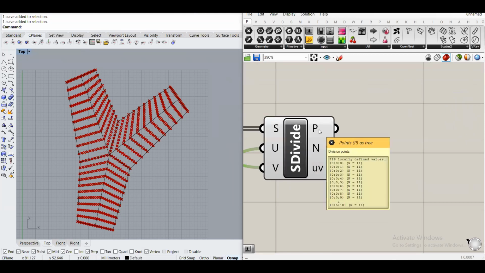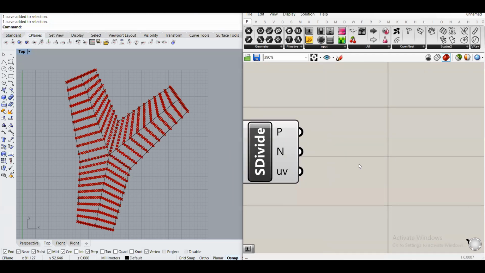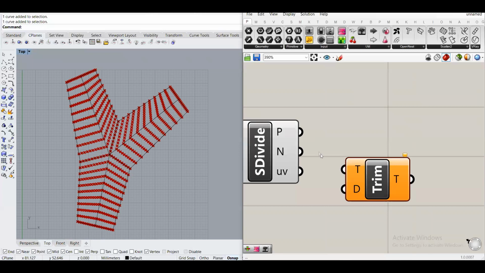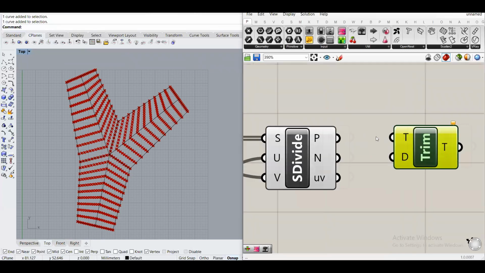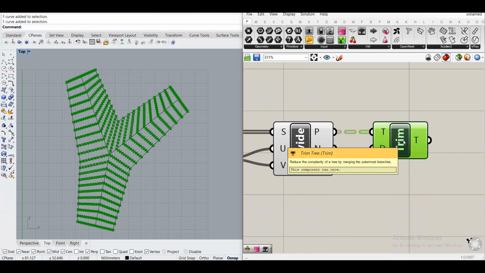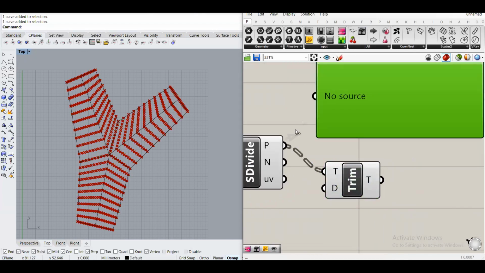So now we have a bunch of points, and this is the moment where we used to use the trim tree tool. Trim tree, and we just connect the output of our surface divide to the trim tree input. And again, to repeat what it does,